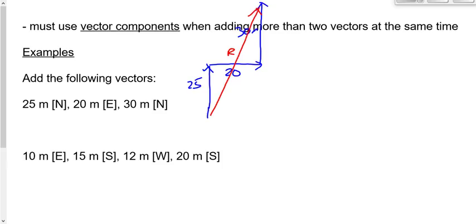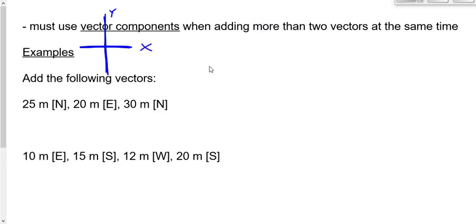What do we mean by that? Well, this is x. East-west is x. And north-south is y. So if I'm saying 25 meters to the north for the first one, 20 meters to the east, and 30 meters to the north,